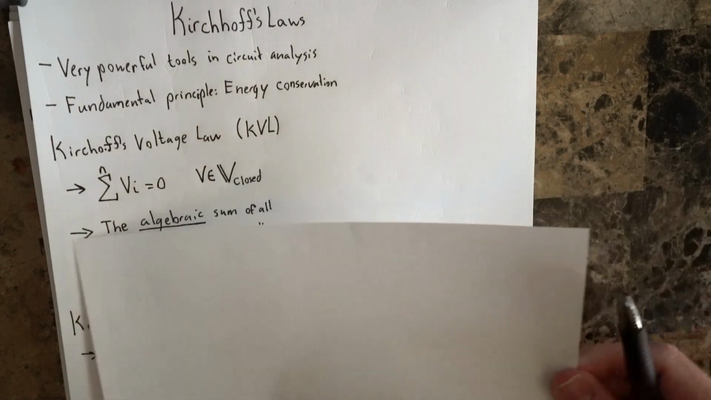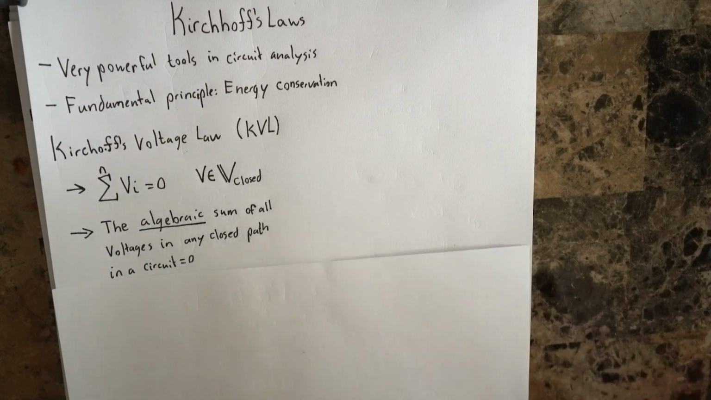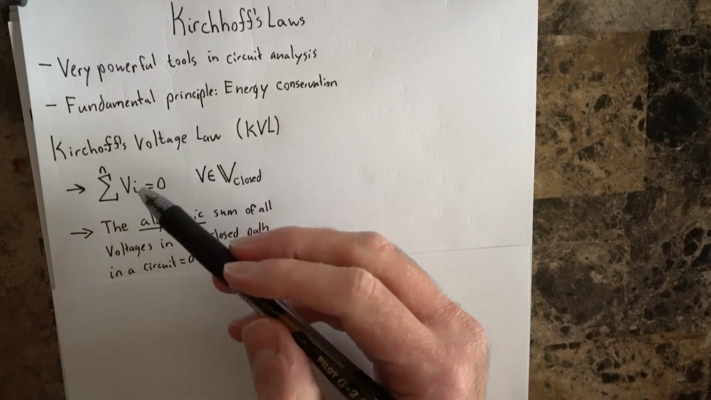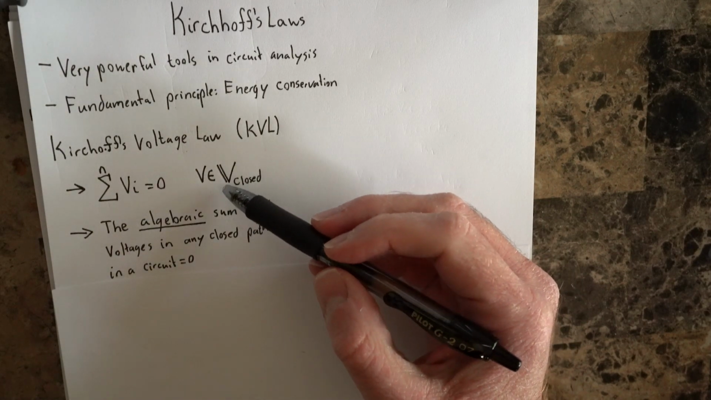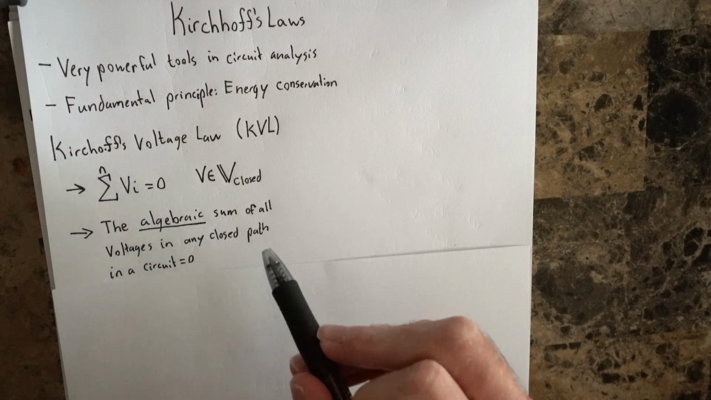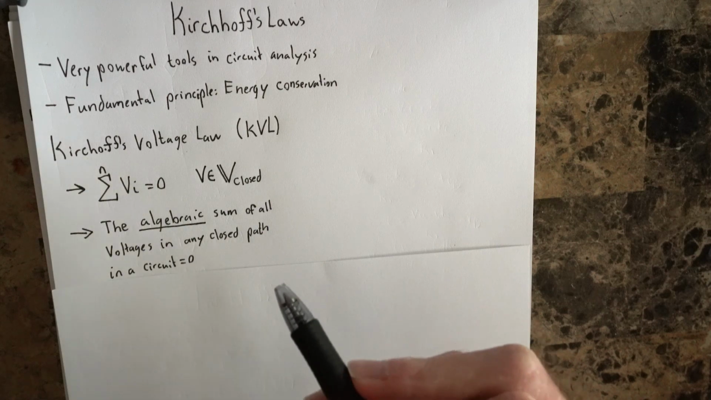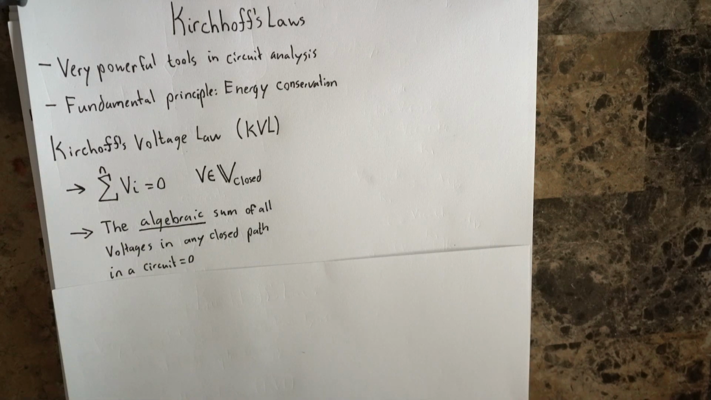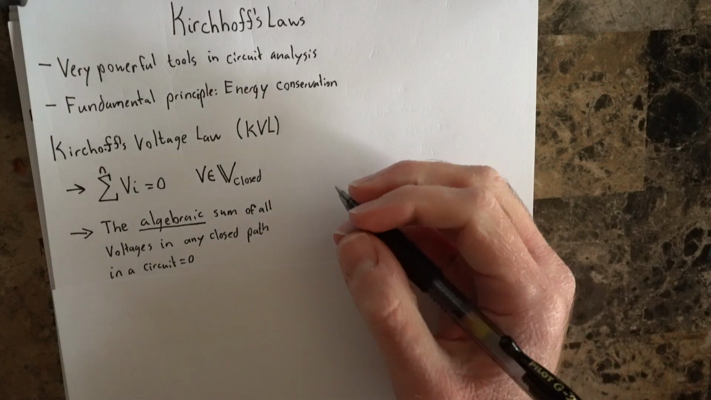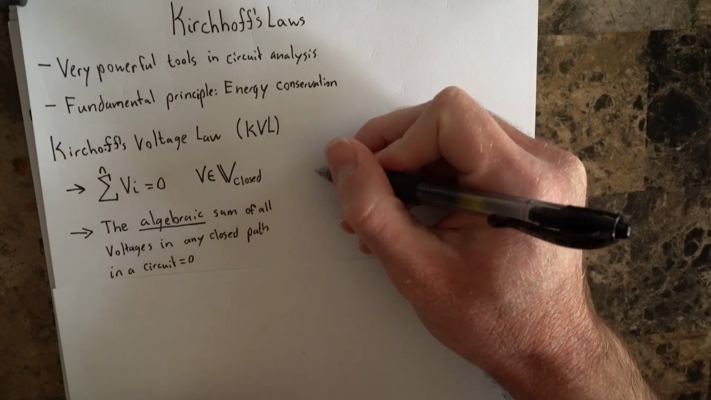Kirchhoff's voltage law essentially states that the sum of all voltages around any closed loop within a circuit must equal 0. That's the algebraic sum of all voltages in any closed path in a circuit equals 0, which means that the polarity, the positive or negative nature of the voltage, matters here. To give an example of this, consider a circuit